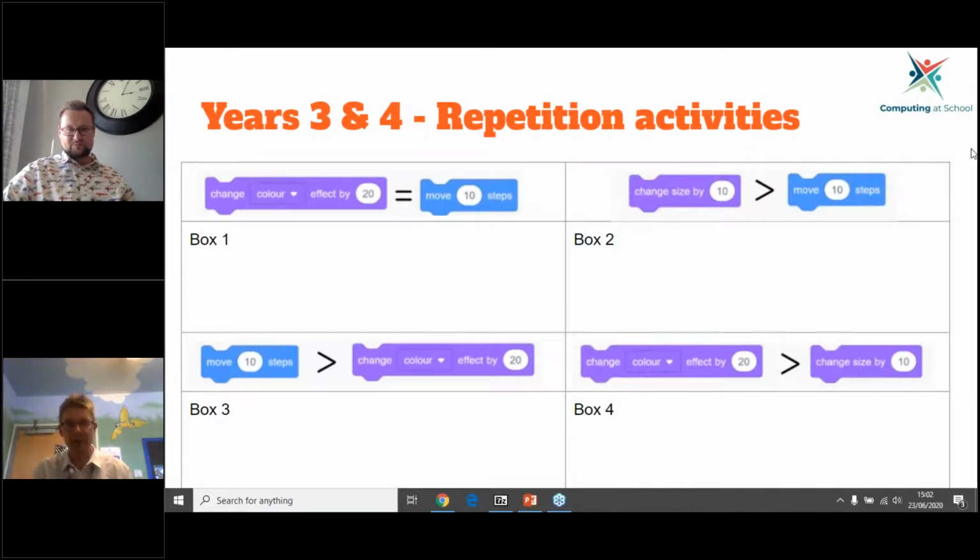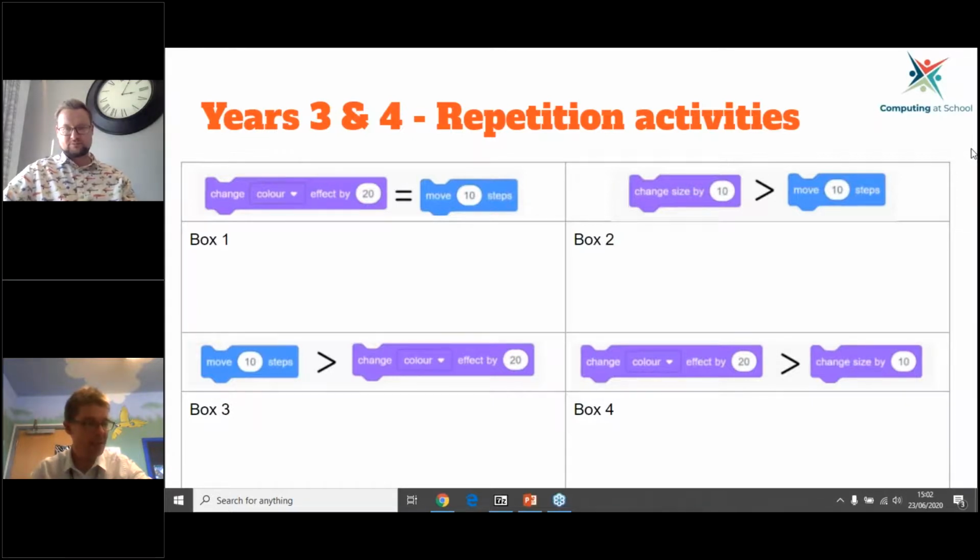So in terms of the animation, although this is the thing that we're trying to get through with children with this sort of activity, the block itself is only used once, but the action of the block is carried out twice because of the use of the repetition. So for program A, it would go into box 4, but the other ones, let's have a look at the program